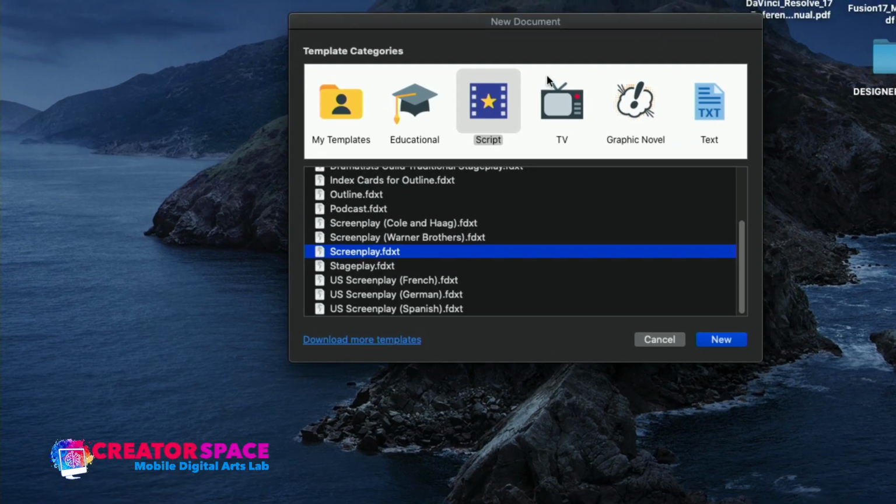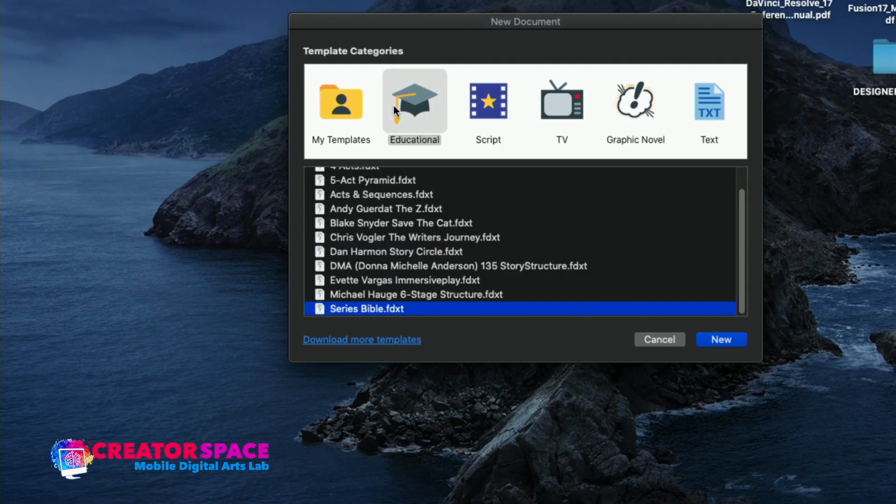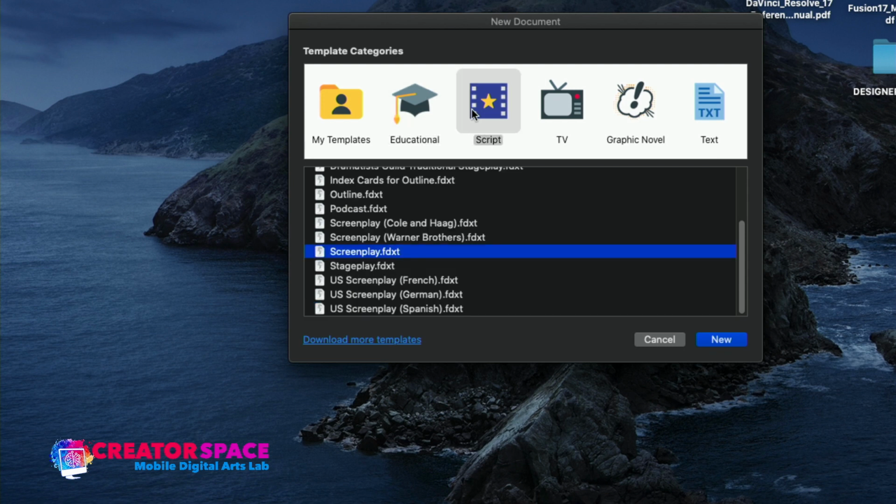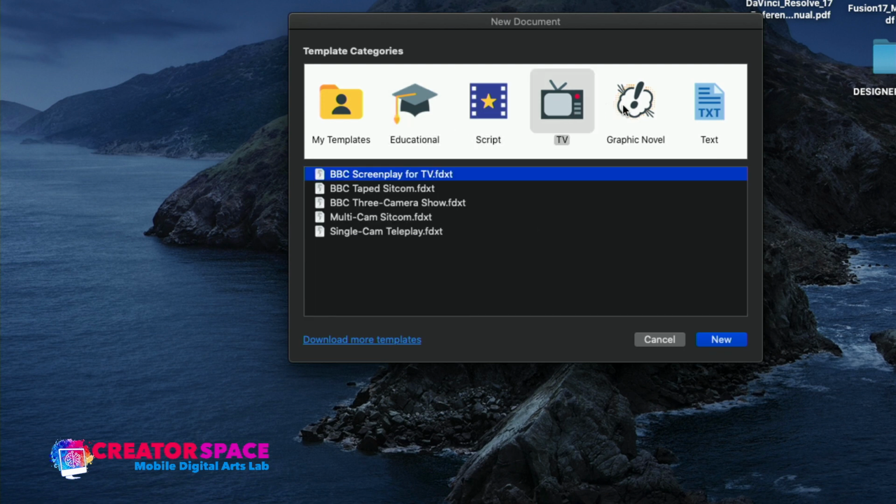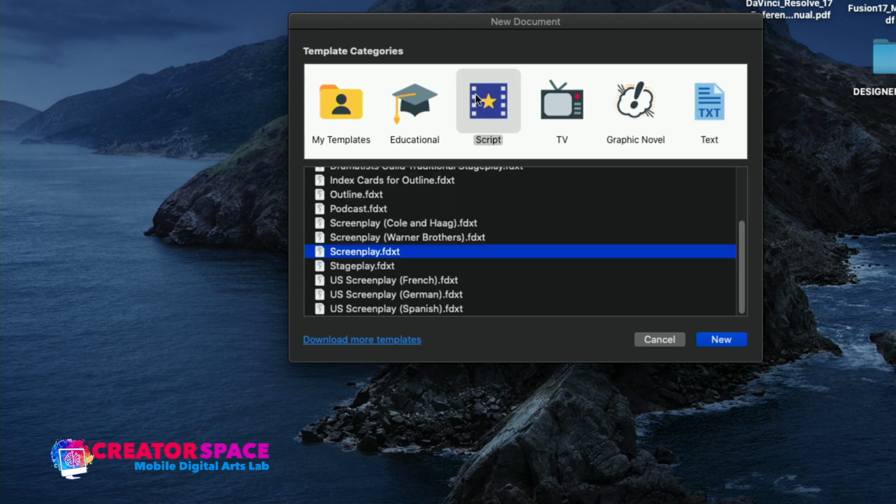So I'm just going to zoom in here again. So again, here's some of the educational, the script, TV, graphic novel, and text ones too. So you can write a novel in here as well, or do a treatment and that kind of process. So I'm going to work in the script. We're going to also talk about treatments, because